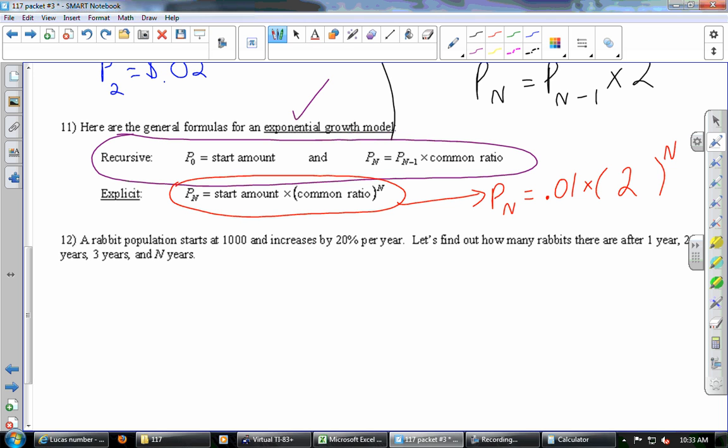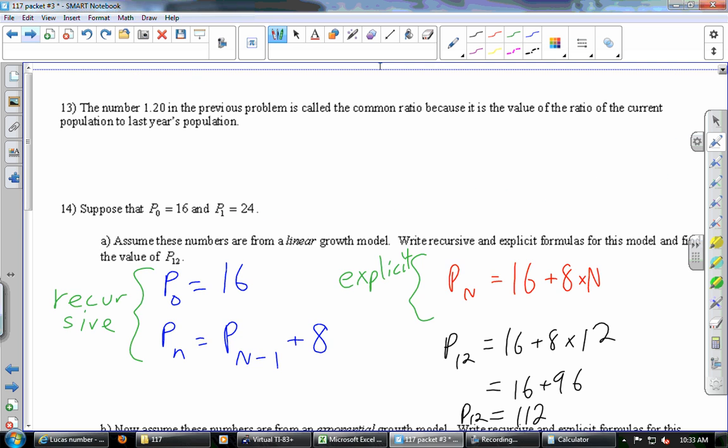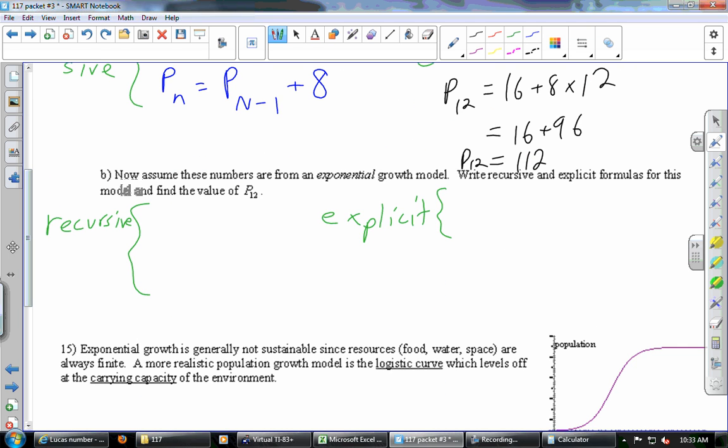I urge you to write those formulas on your cheat sheet and also make sure you're comfortable with them. You got to know how to use them. It's not just enough to have them in front of you on the test. So exponential, that's what we're after right now. We're doing the recursive. It starts the same way. P0 is the starting amount. So let's write that here. P0 is how much in this problem? Still